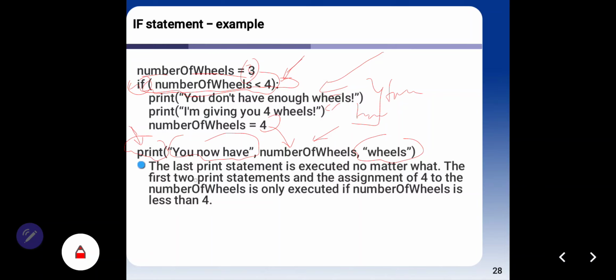The first 2 print statements and the assignment of 4 to number of wheels are only executed if number of wheels is less than 4. I hope you understand this explanation.